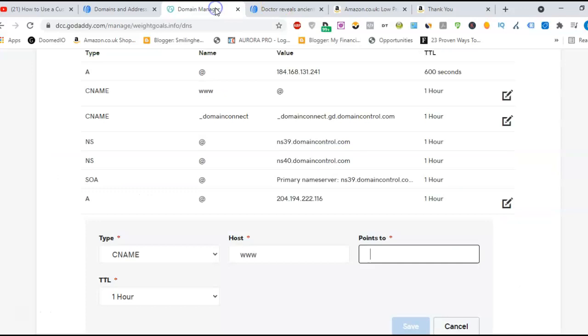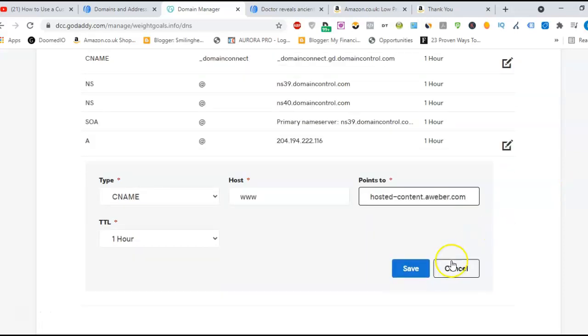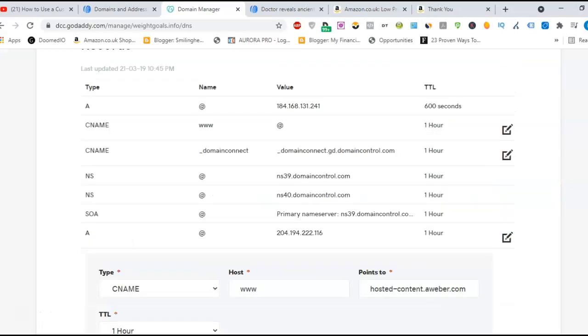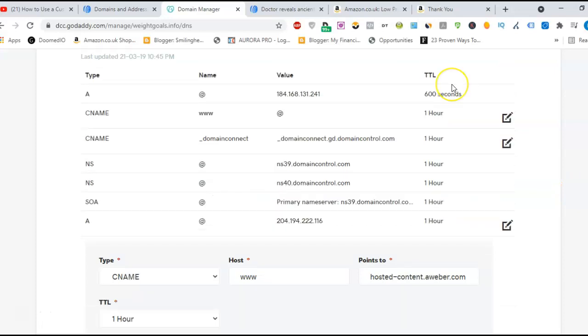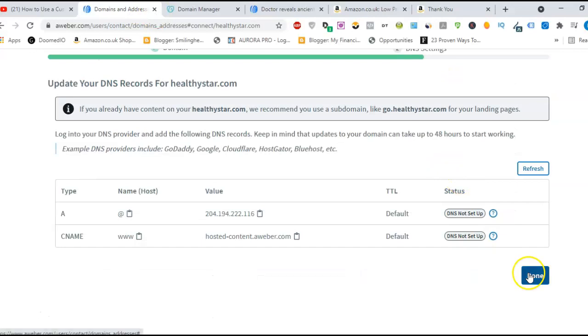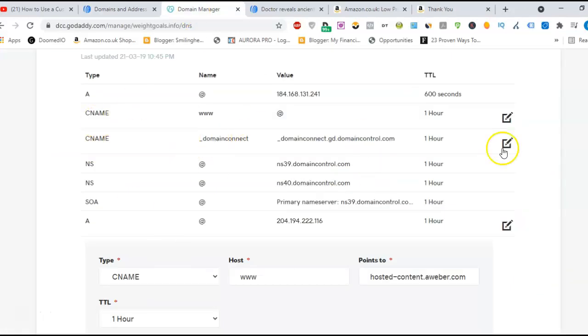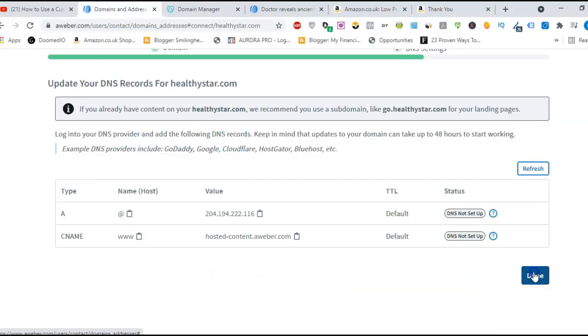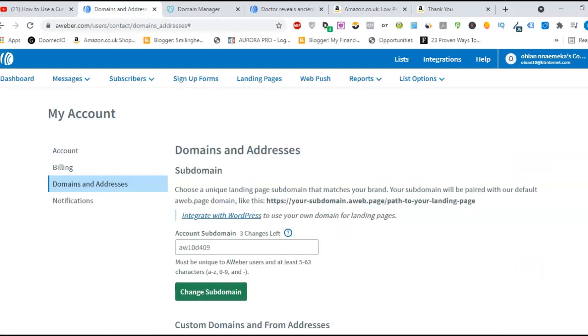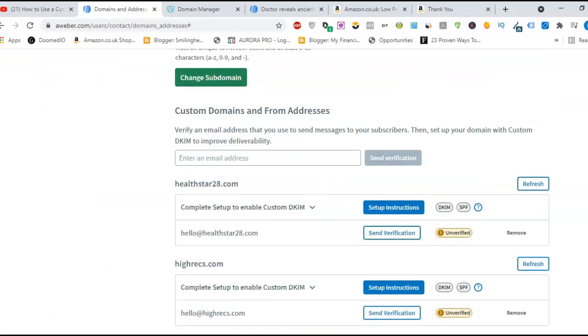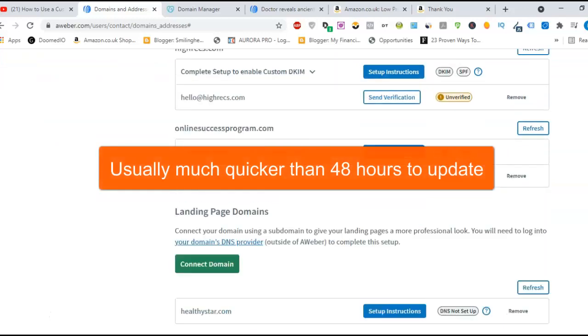We go back over to GoDaddy, Namecheap, etc., and we put it in there. Okay, and we save, and that's it. All right, now this could take 48 hours for all this to be updated. But basically, when you finish copying all the details over into your GoDaddy, Namecheap accounts, then you're done. All right, so you give it 48 hours